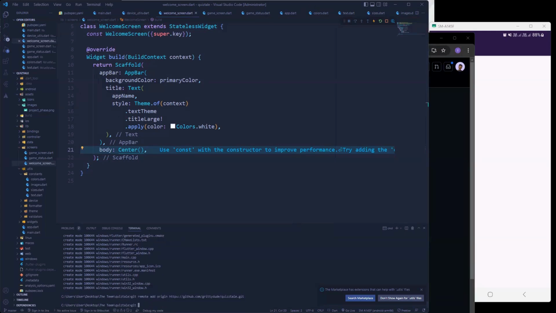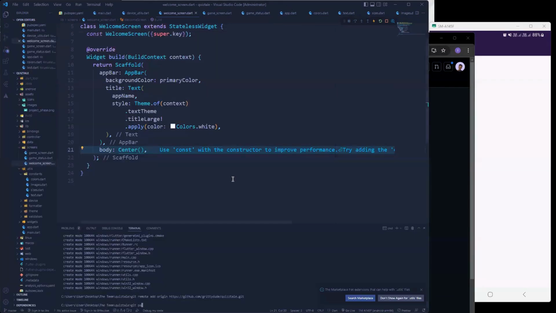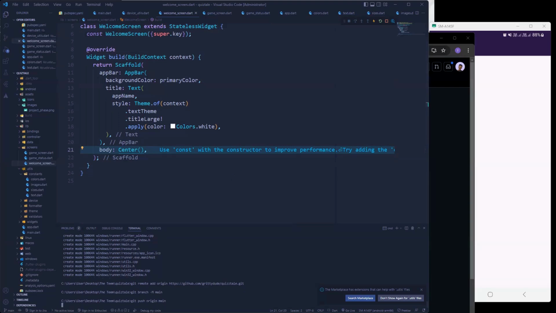Okay, so git push, sorry, git push origin. So by default it gives us master, so I can just change the name, git branch. Can I remember this stuff? So let's call it main. Yeah, okay, good. That's it. Okay, so git push origin main. Okay, so that's going to actually prompt me to